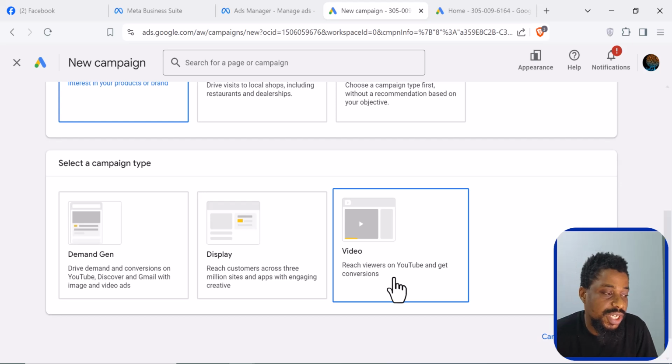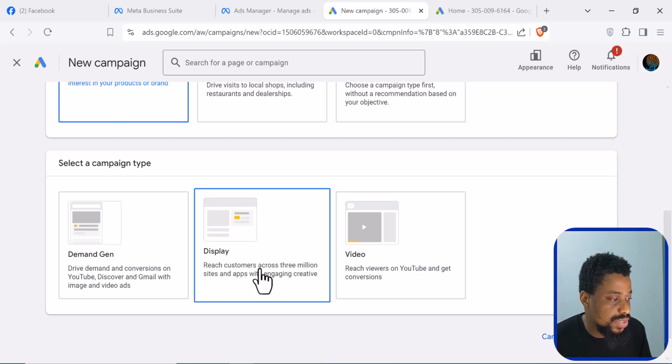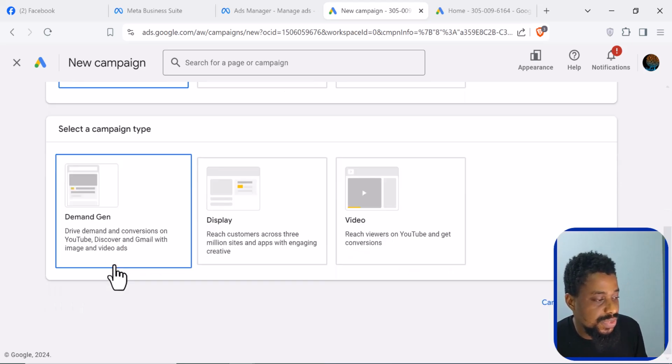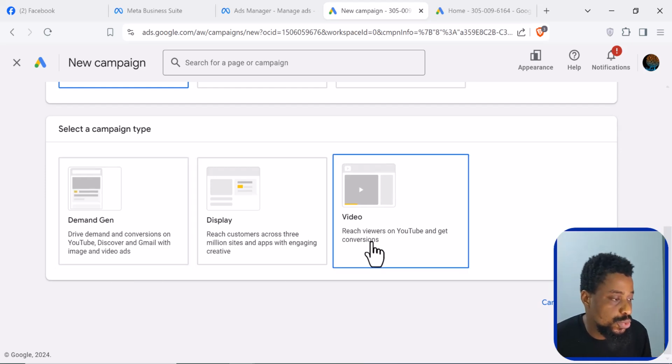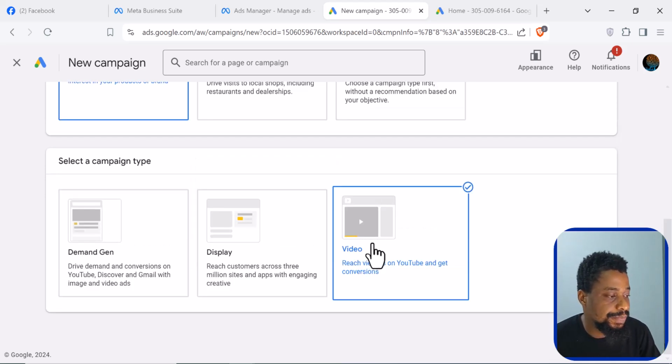So you can actually advertise on YouTube without using videos or placing videos on people's video. But what we want to do is that we want to use video. All right, if you don't want to use video, you can use display ads or you can use demand gen, but again we want to use video. So you click on video,